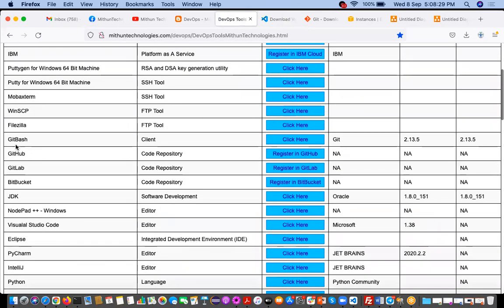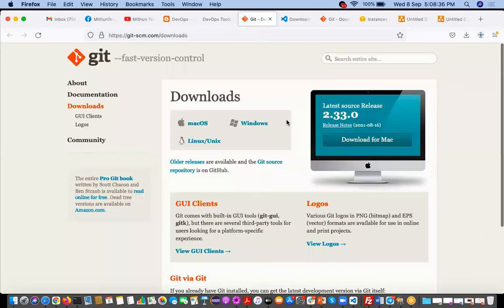See here, we have one entry called Git Bash. Just click on this one. It will take you to the official download page. Based on your operating system, you can download these packages and install them. If you're using Windows, download this one, double click on the .exe file, click next, and it is going to install Git Bash. Right. So these are the two prerequisite software you have to install in your